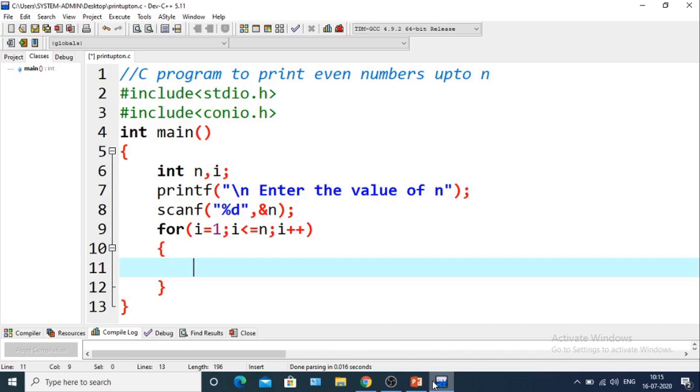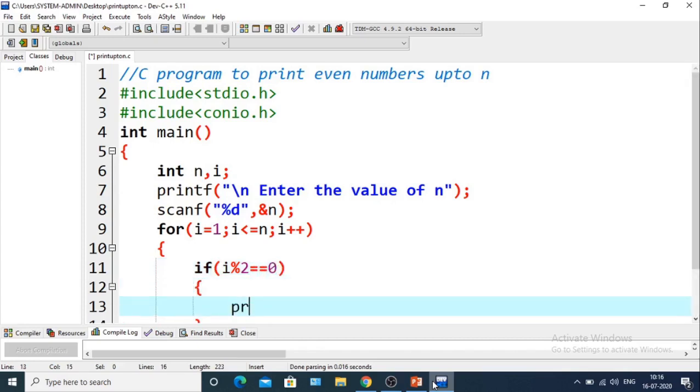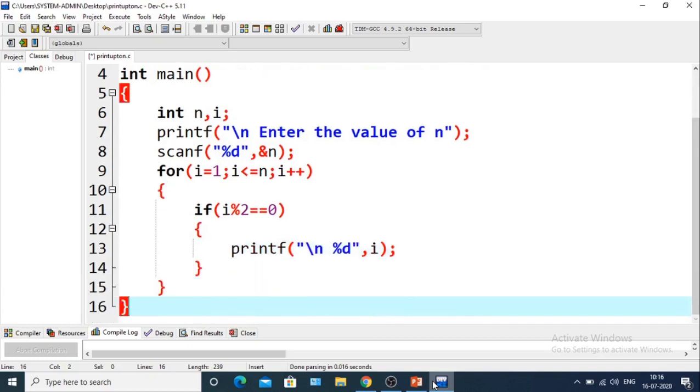If it is not divisible by 2, then it is not an even number. So there will be an if statement. If i mod 2 is 0, then printf "\n", the value of i will be printed.